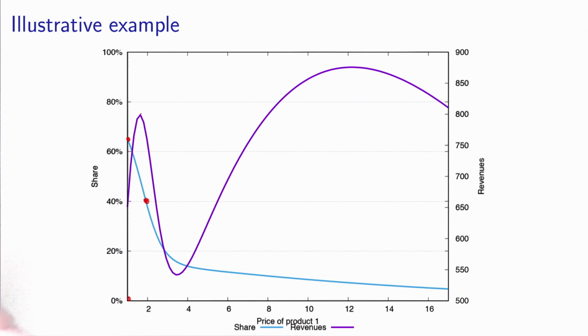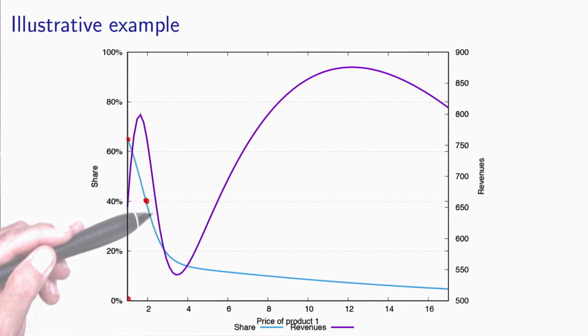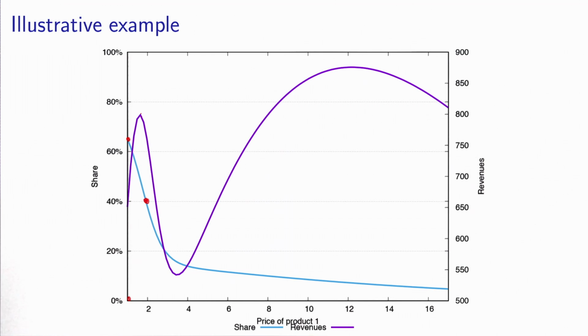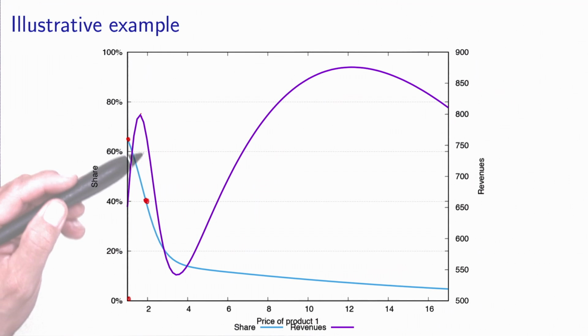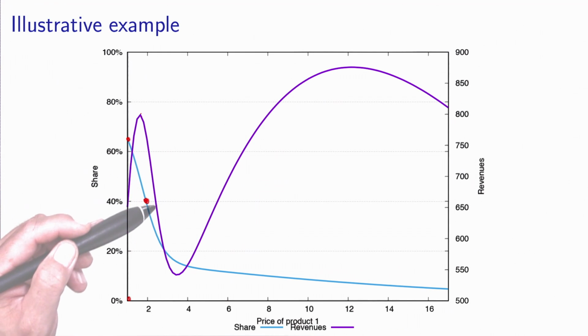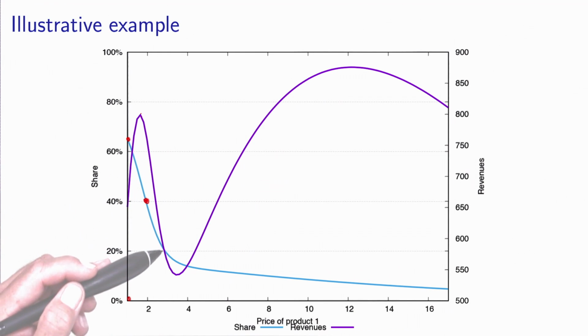So although each sale is generating higher revenue because the price is higher, less and less people are buying it, and therefore it decreases. And actually, these people who are leaving the market for alternative I are people who are very price sensitive, the group 1. Group 2 care less, so they are ready to pay this kind of price. So at some point, you lose all these people from group 1, and your revenues are going down.